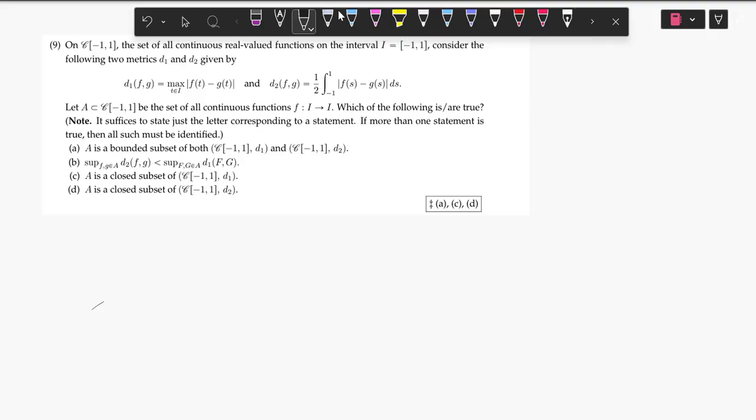वेलकम टू द सॉल्यूशन ऑफ NBHM 2025। इस वीडियो में हम लोग क्वेश्चन नंबर 9 सॉल्व करेंगे। क्वेश्चन नंबर 9 क्या बोल रहा है, ऑन C[-1,1]। पहले हम लोग समझ लेते हैं C[-1,1] है क्या। C[-1,1] is equal to all such f such that f from [-1,1] to R is continuous।